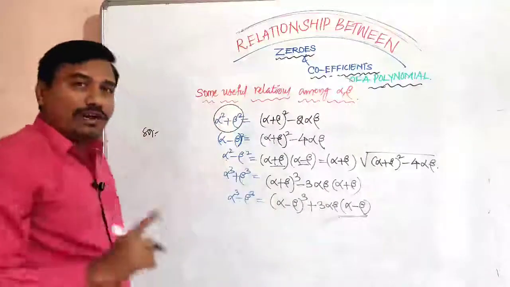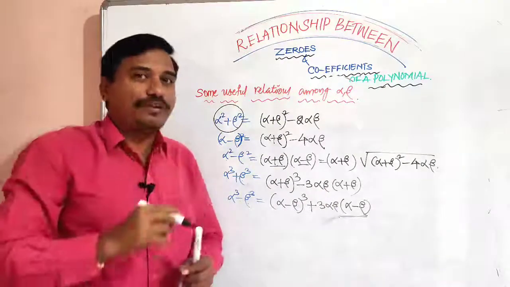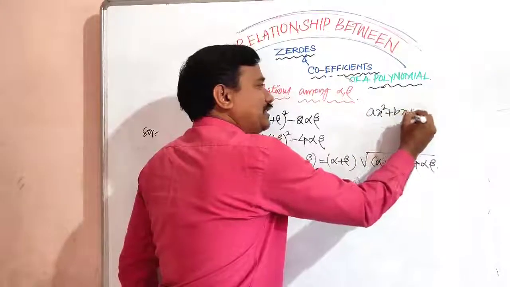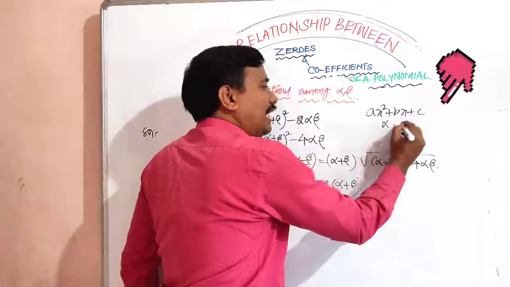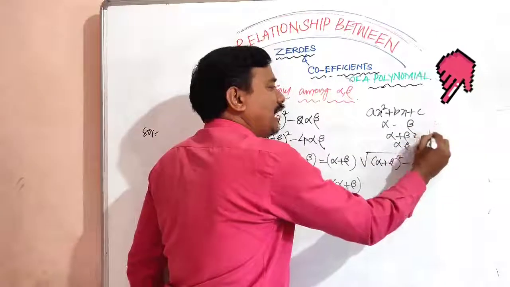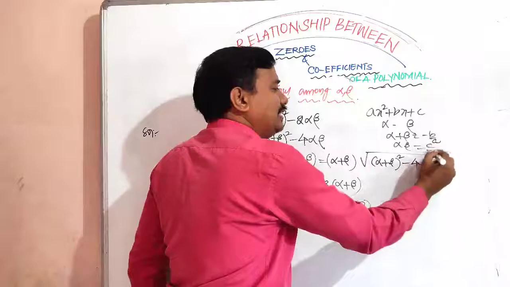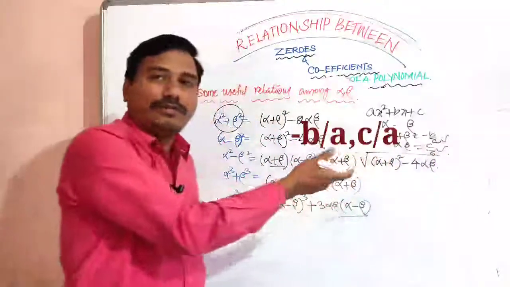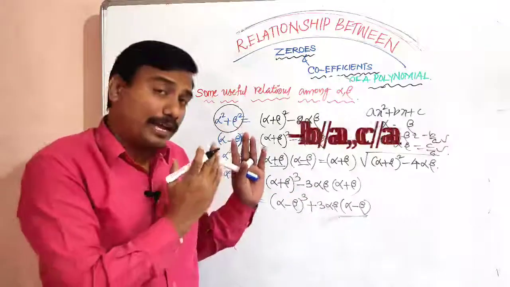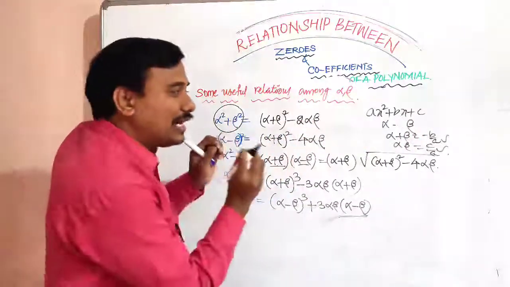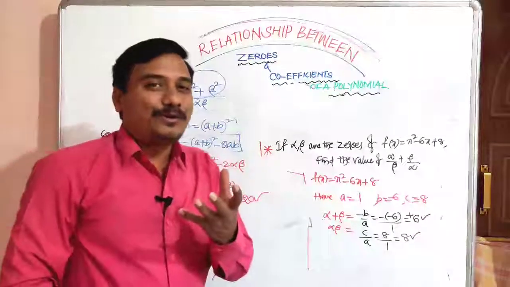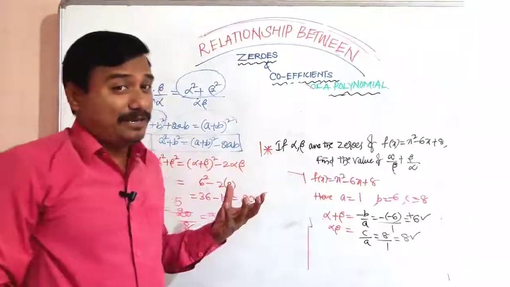In these total values, you have to understand one important point. Every quadratic equation ax square plus bx plus c has alpha and beta, a sum and a product. We have to make it very easy. Sum and product formulas we should know in our mind. We have to take the coefficients and apply them, and supply those values. Then you will get the perfect answer. You have to understand this kind of question happily.